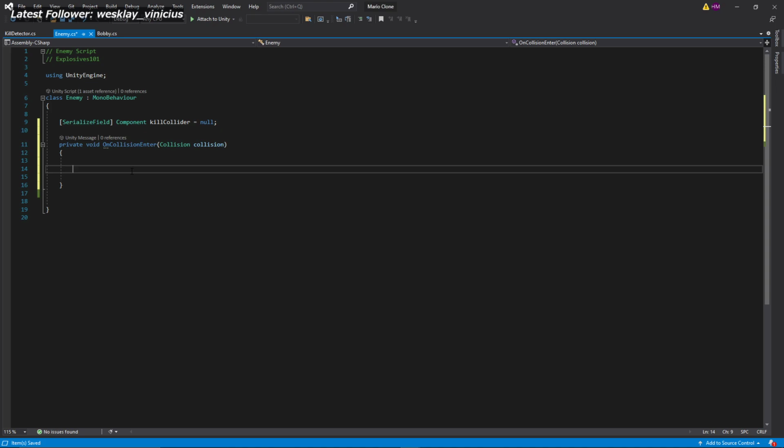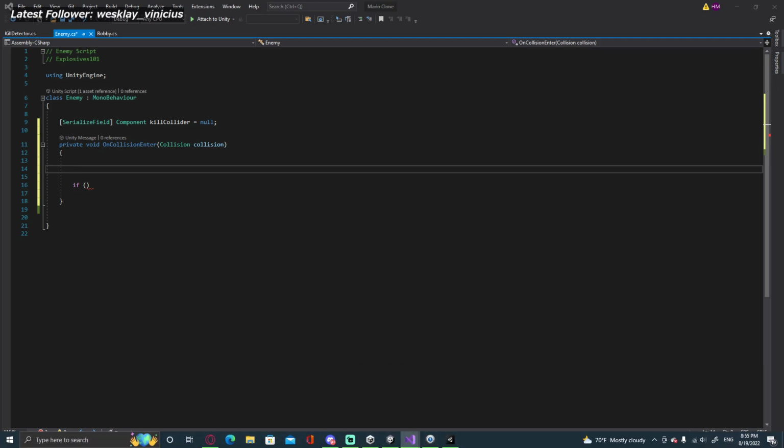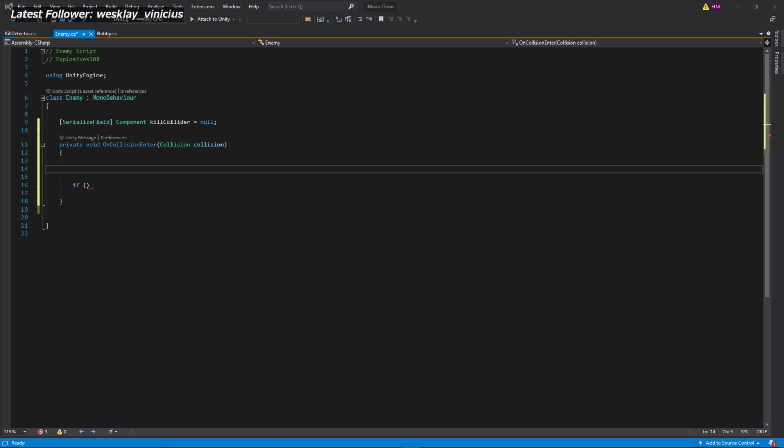Okay, I think I found it. We can do an if statement. So it's like, if... Well, first we need to detect the collider to begin with. If I remember correctly, we have written that code down before. Yeah. We need to get the object. Get the collided object by doing